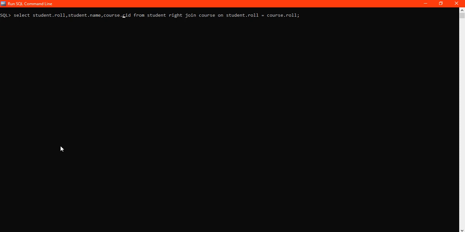One new thing I want to tell you here is that instead of writing the table name again and again, you can assign a shortcut in front of your table name. Let's say for the student table I am assigning the name S; this is basically a user alias, a temporary name.